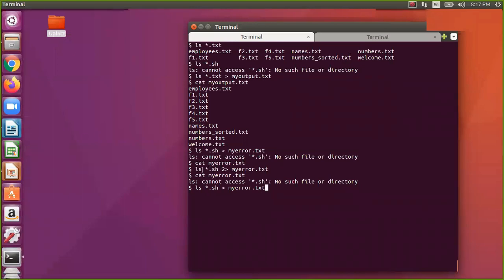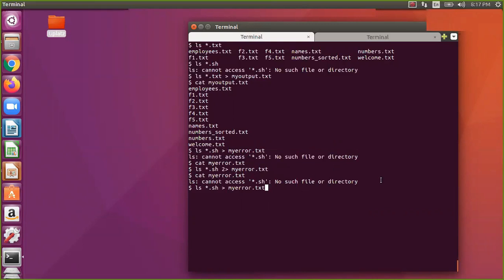Whenever you redirect like this, the output will be redirected to this particular file, but there is no output in that, so nothing is displayed in this file. So you want only the error. That's why, instead of just greater than, I'll say 2 greater than. Now if you see this, there is no output in this case, of course. It only displays the error in this particular file.